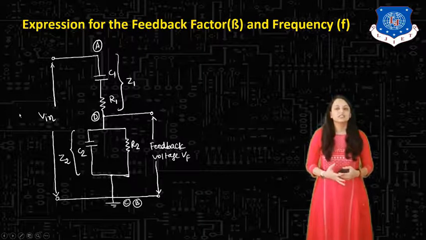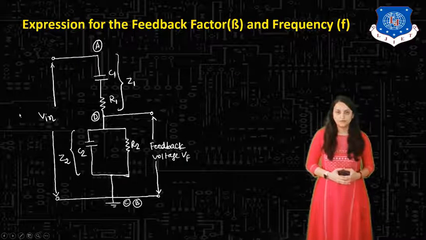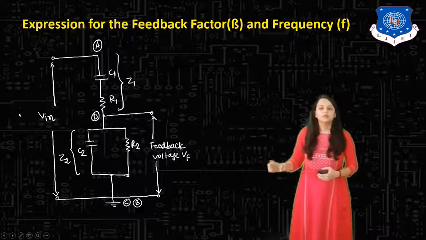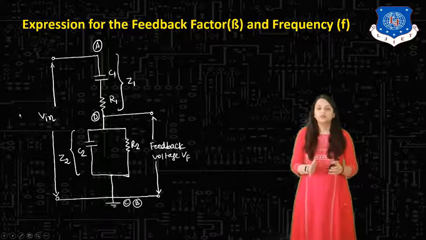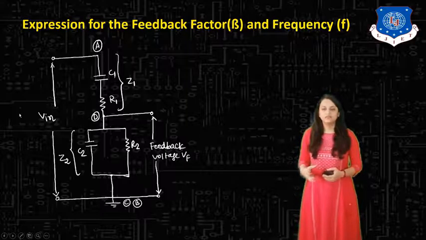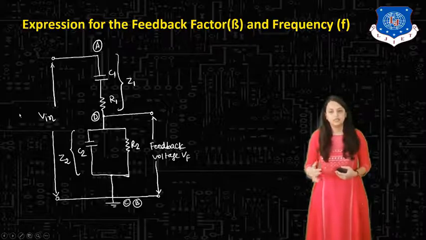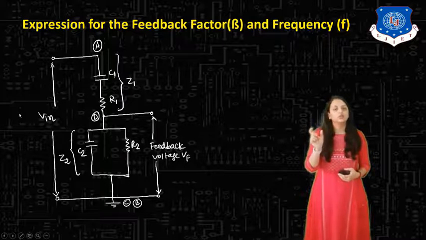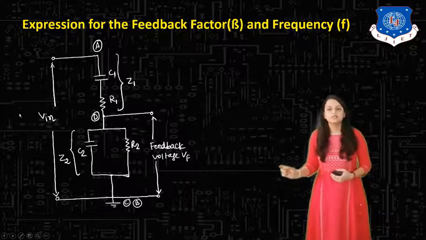So now let us derive the expression for the feedback factor and output frequency for Wien Bridge circuit. Here in this diagram, the same Wien Bridge circuit is used, but here we are using AD and CD or BD arm only for frequency generation, which are frequency sensitive arms. Input Vin is given to AD, AB or AC arm, and feedback voltage is obtained from VD arm. First one is the series combination of R1 C1 that we are using as Z1. Second is the parallel combination of R2 C2 that we are calling Z2.